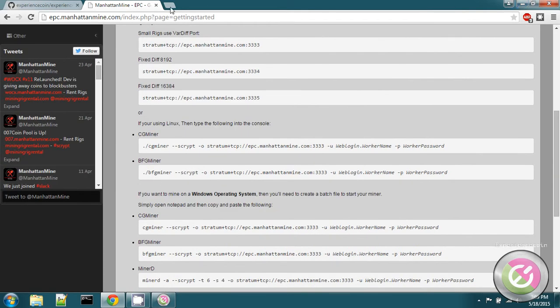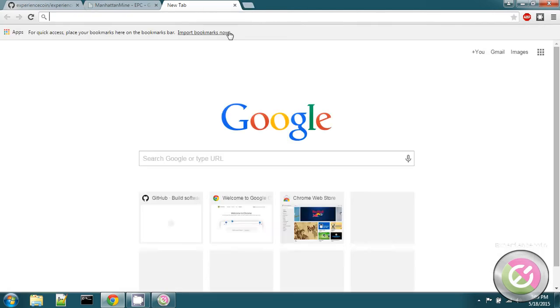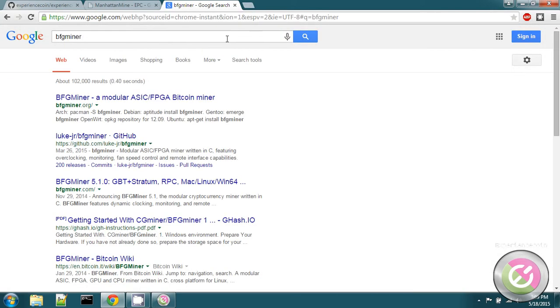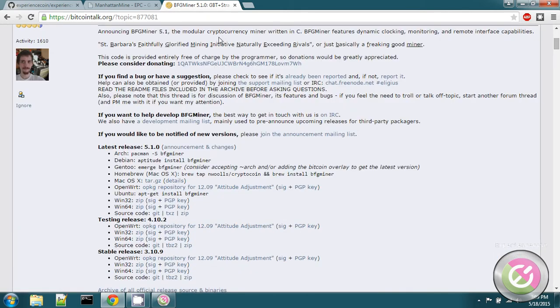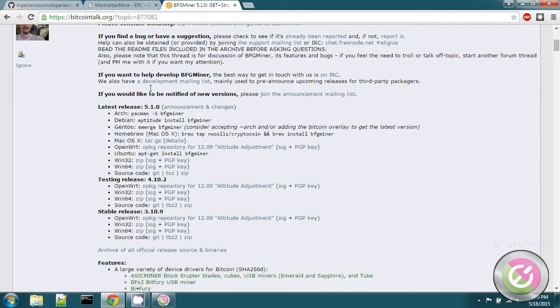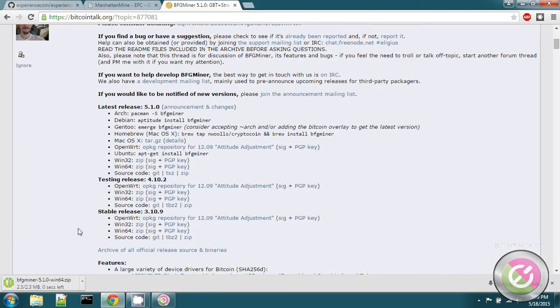So let's go through that. We'll start with BFG miner. We'll just search for BFG miner, and it'll take us to the website. Actually, let's go to the .com one. And bfgminer.com forwards us to this Bitcoin Talk forum, and we see here the latest release, and we'll go ahead and get the Windows 64-bit version. Click on the zip folder there,